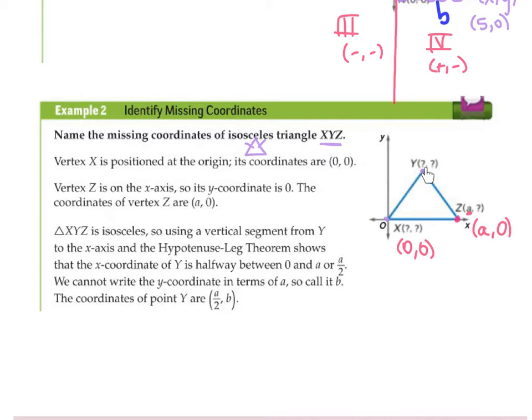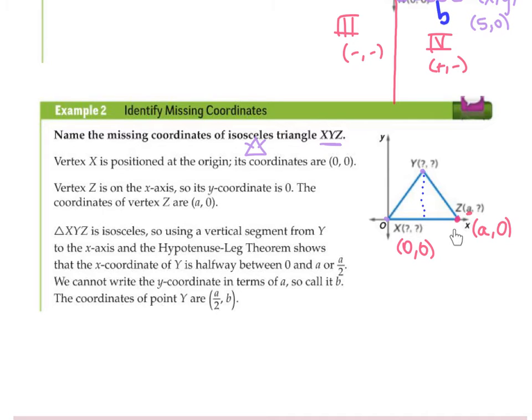So we know that y is going to be halfway between x and z. And why do we know that? If we were to draw a vertical segment, a little invisible dotted line right down the middle, so I apparently can't draw straight lines. All right, so y falls right here in between x and z. So our vertical segment, and then remember the hypotenuse leg theorem, that's going to say y is somewhere halfway